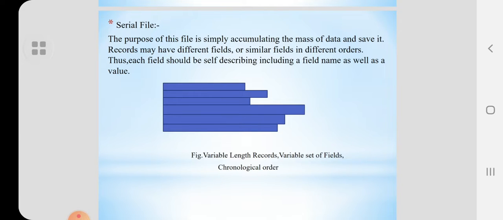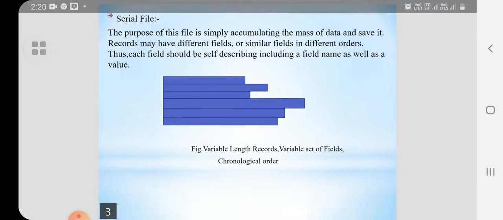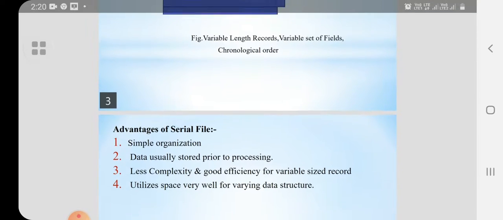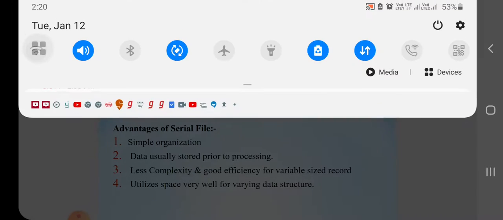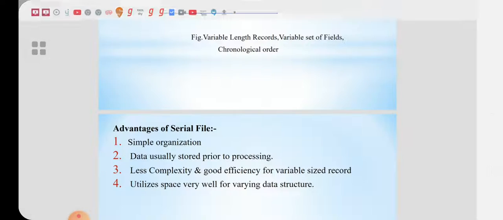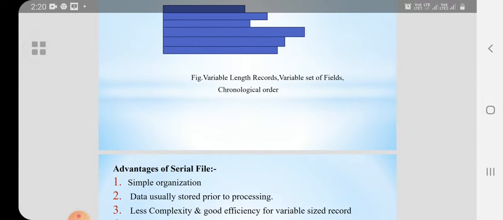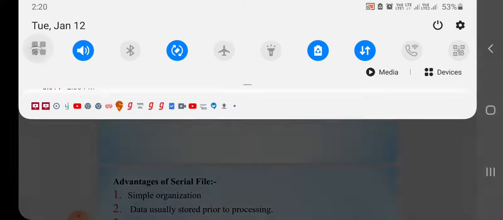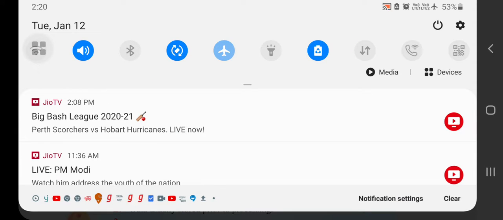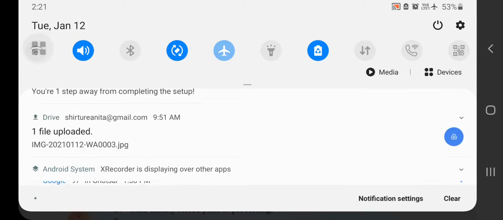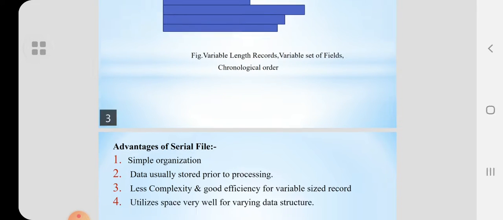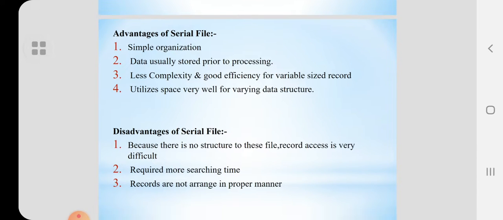The advantages of a serial file. The first is simple organization.